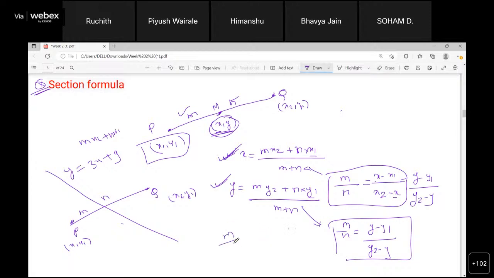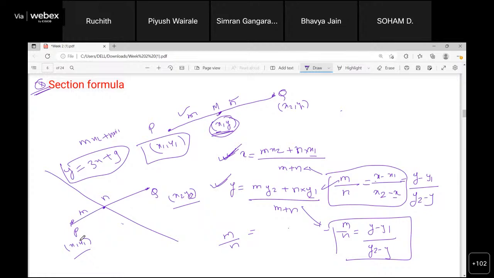How do we find the value of m is to n? For that you should know this particular point. I know x1 y1, I know x2 y2, but I should know this particular point, then I can use any one of these formulas. So how do we find this intersection point? This equation is given to me. We'll convert the points into an equation and then solve it like a linear equation method, and then we'll get the point of intersection.